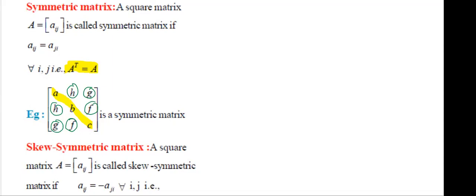Okay, and the main property: if A is a square matrix and A transpose is equal to A, then A is called a symmetric matrix. Here, write one example of a symmetric matrix. First write the principal diagonal elements 1, 2, 3. Now the remaining elements: minus 1, 0, 4. Here minus 1, 0, 4. This is a symmetric matrix.